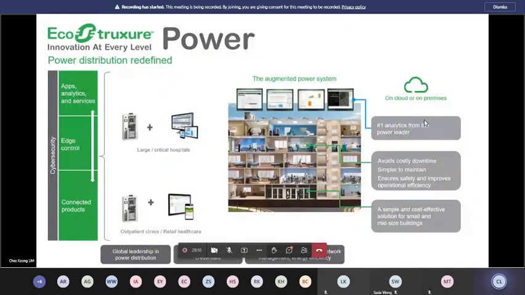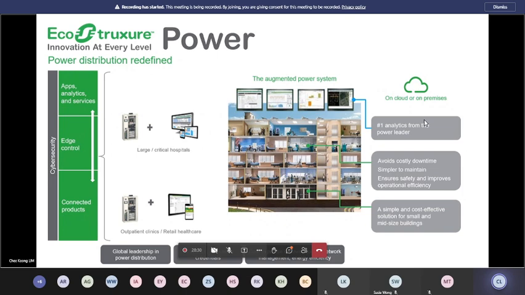Let's move on. Let's look in a more detailed environment. We talk about power. In any hospital, if there is no power, the hospital will not run. I think we all know in any advanced facility, no matter how good or how advanced or how highly adaptable they are, without power, nothing works.